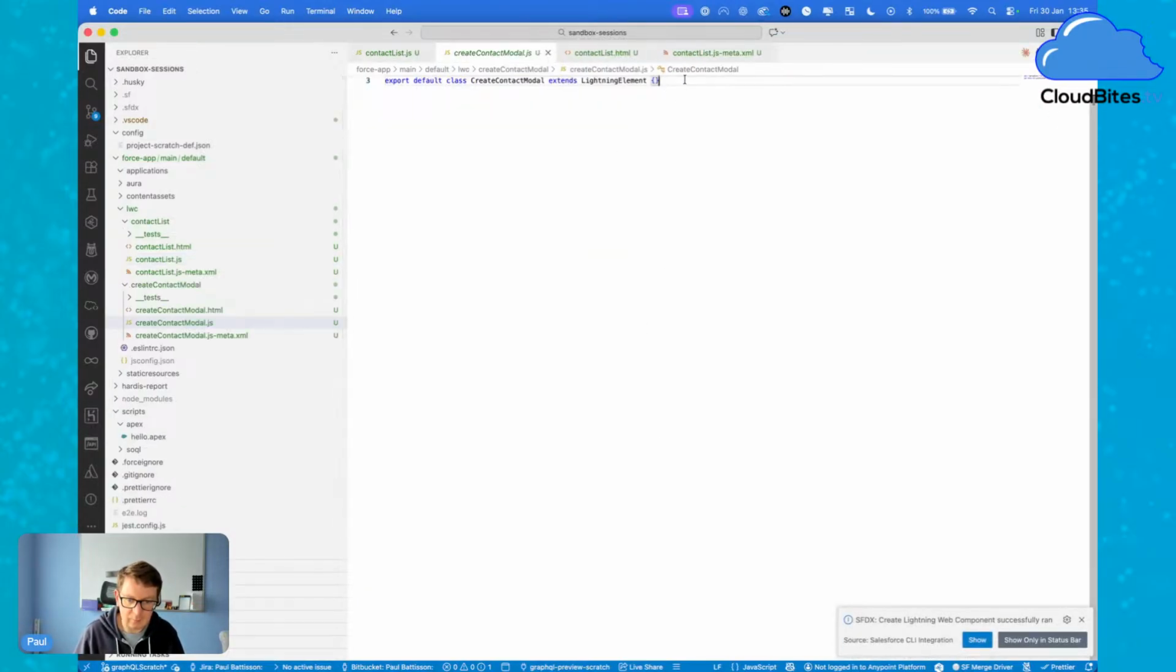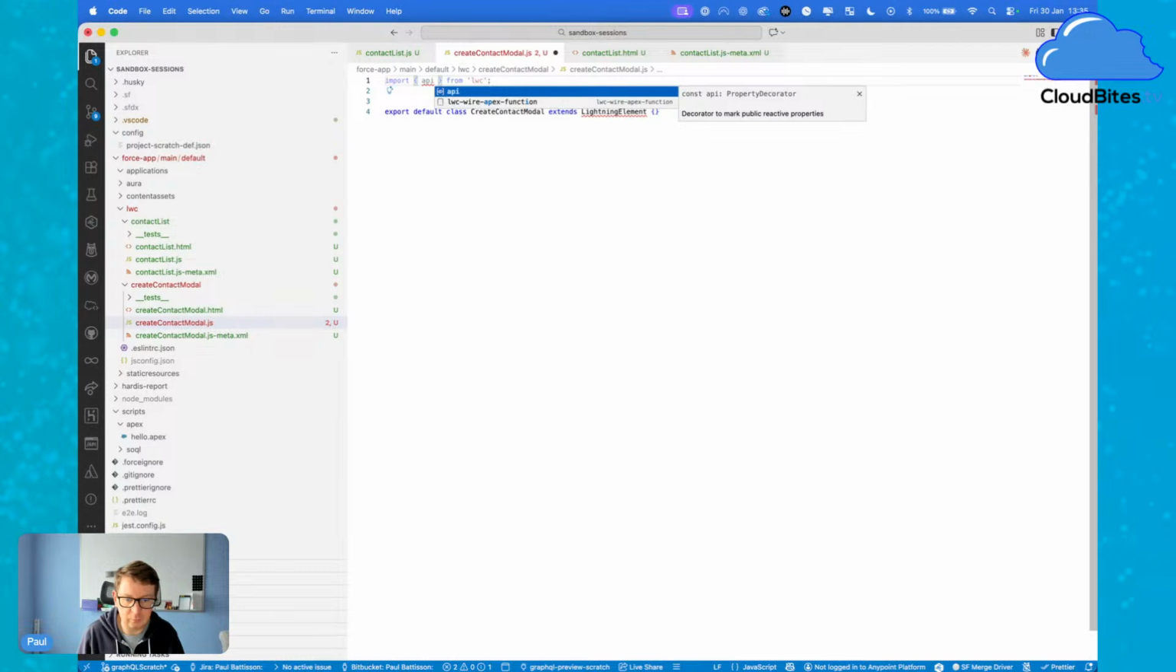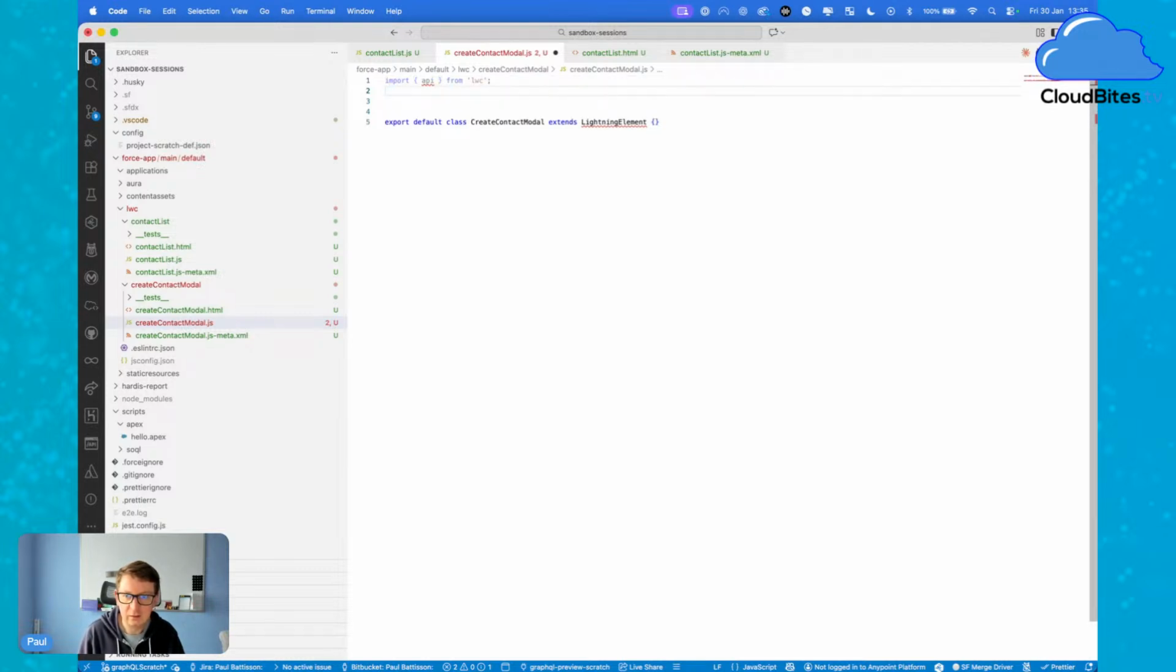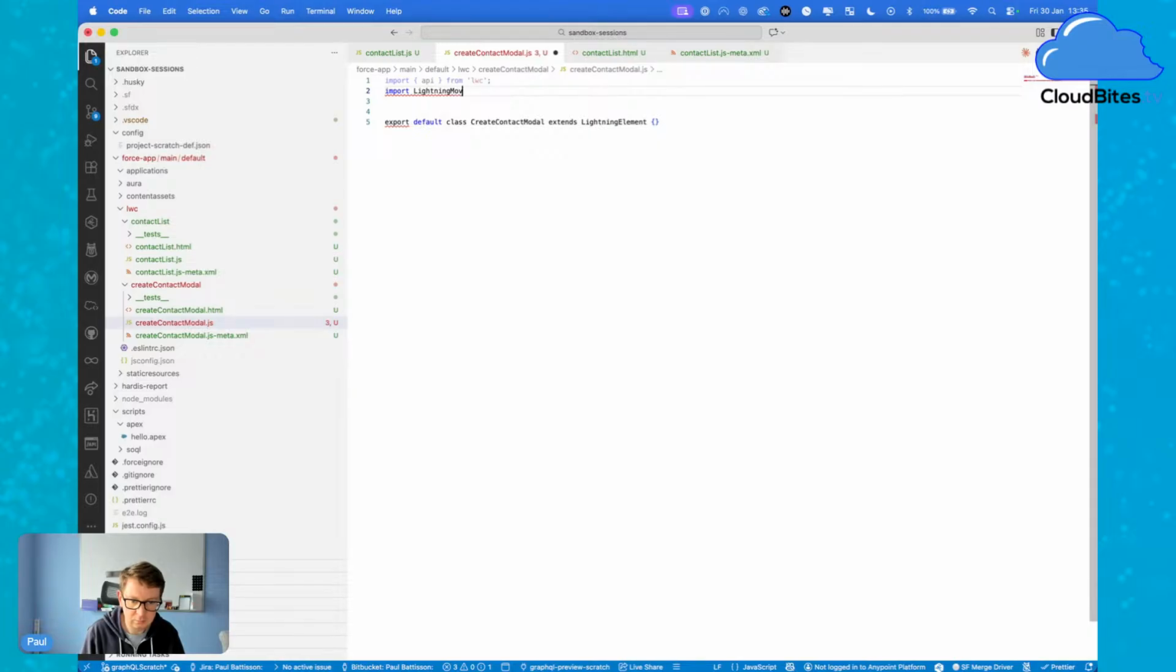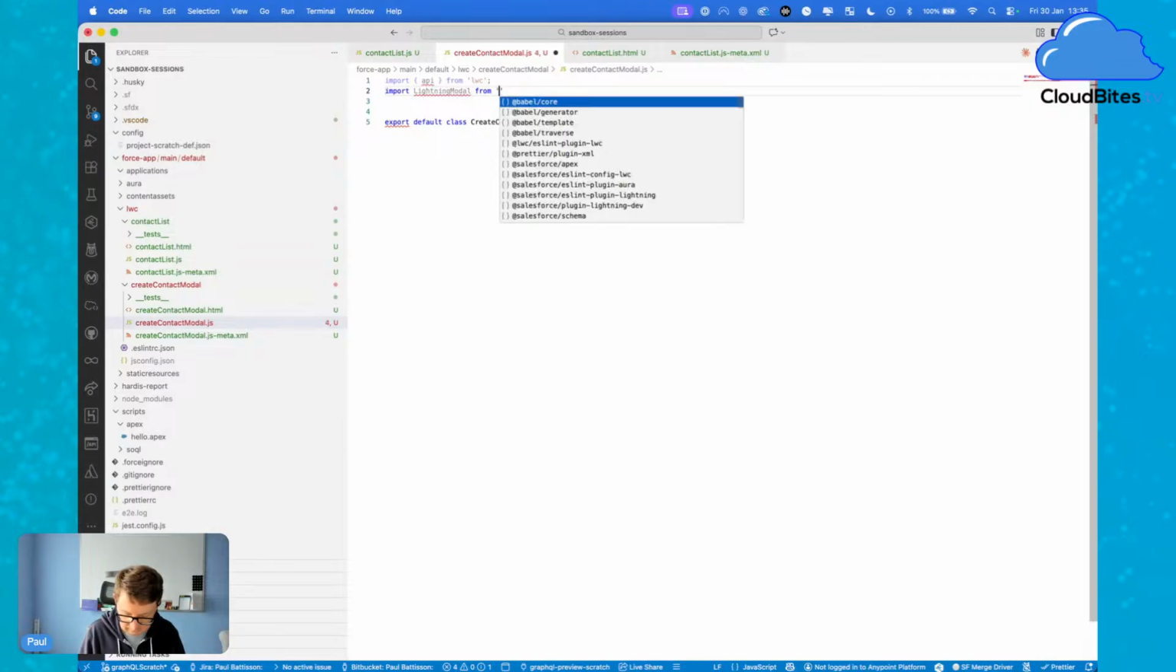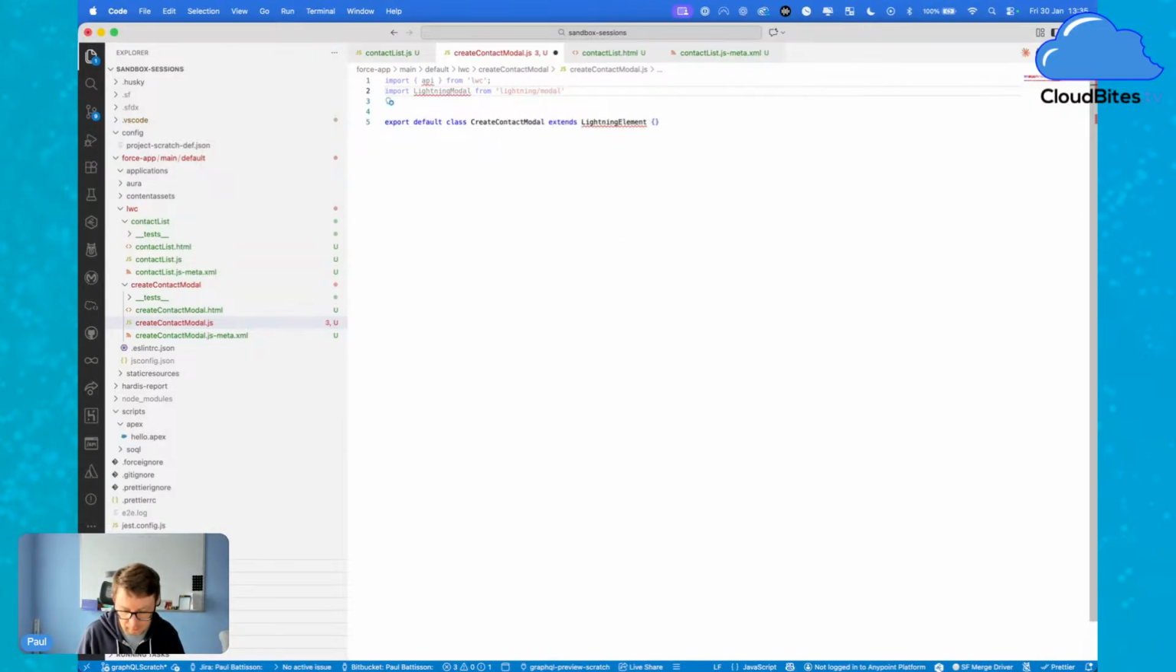Now, one of the things that Salesforce provide for us to work with modals is the modal option. I'm just going to remove that. We're going to want API in a second, but we're going to import Lightning modal from Lightning/modal. So we import the Lightning modal module, and instead of using Lightning element, we are going